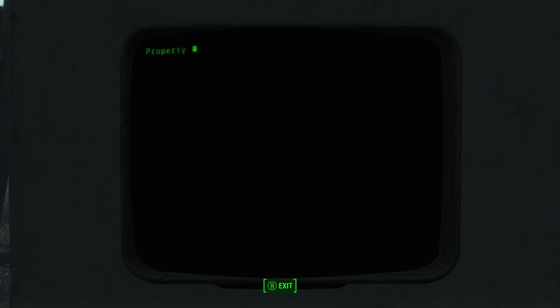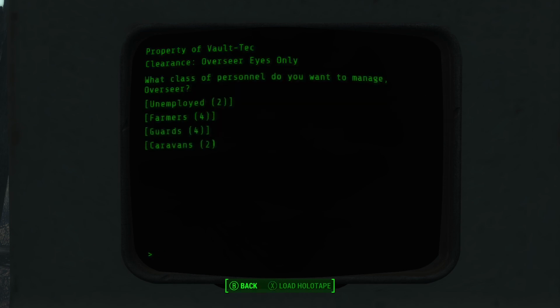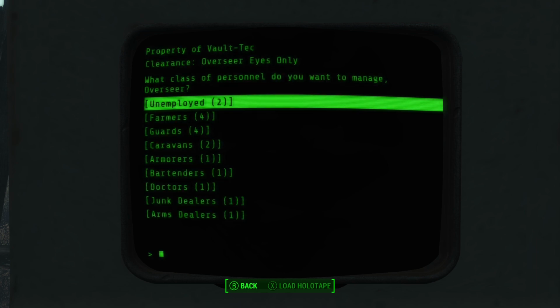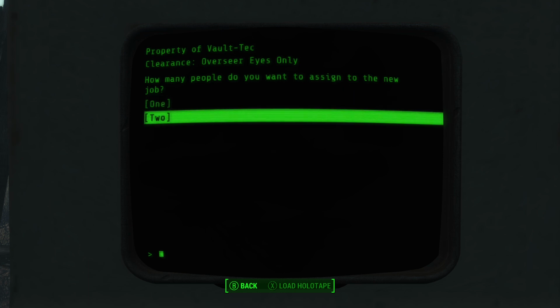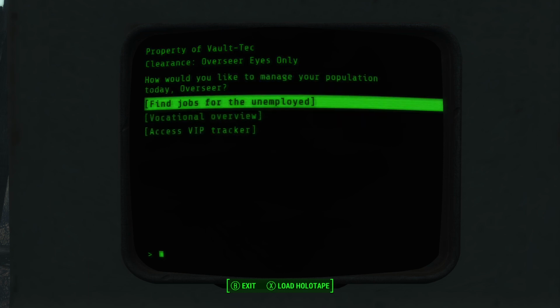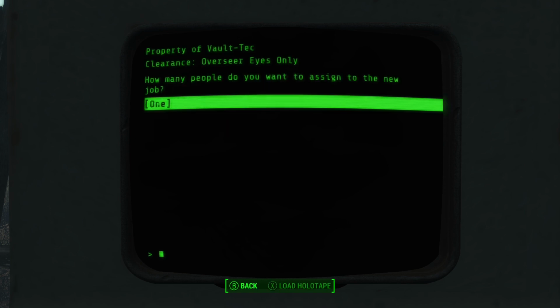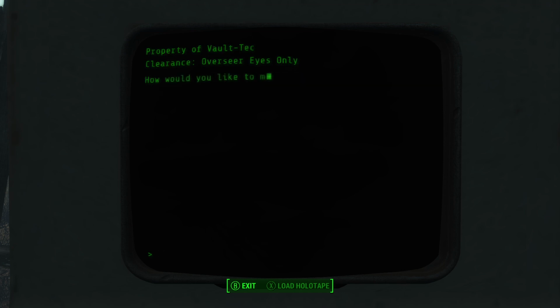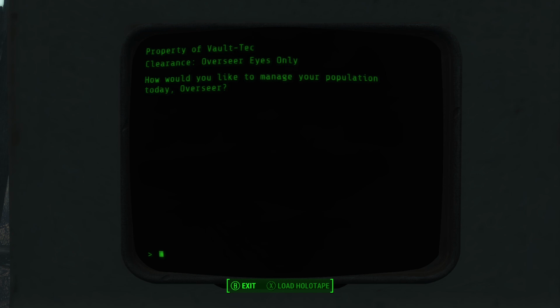Well, we'll have a look here now. Okay, so we've got 2. And we'll assign them both to defense. And because of the math error, I'll have to go in here again and assign them to defense again, and assign that one guy to defense that didn't get assigned the first time I told him to. Okay, so now...